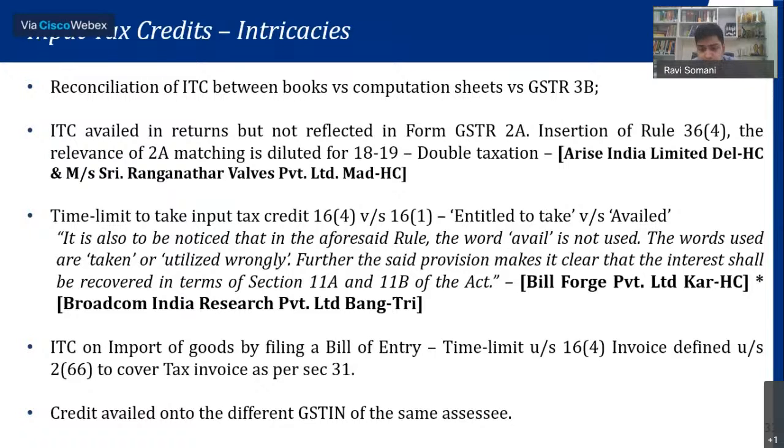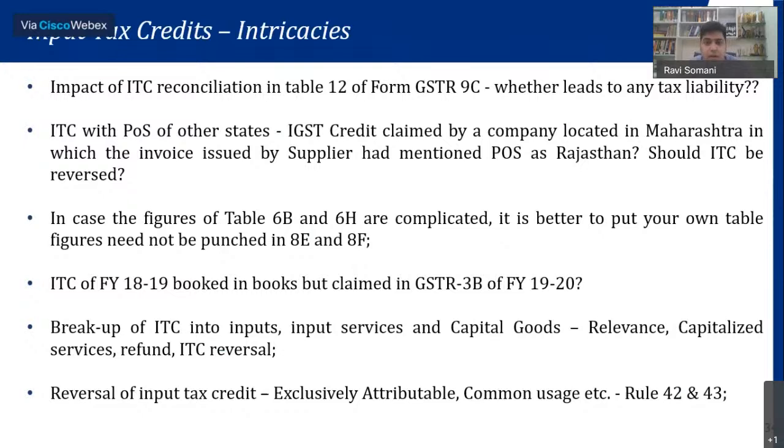Credit availed in a different GST number. So say an assessee having multiple GST registrations has taken credit in one instead of the second, which can lead to problems. Impact, if it leads to a reconciliation difference, I've already talked about that. Just because of the accounting entry cannot lead to any additional tax liability. If the tax has been paid in a different POS, for example, the credit was supposed to be taken in the state of Maharashtra,